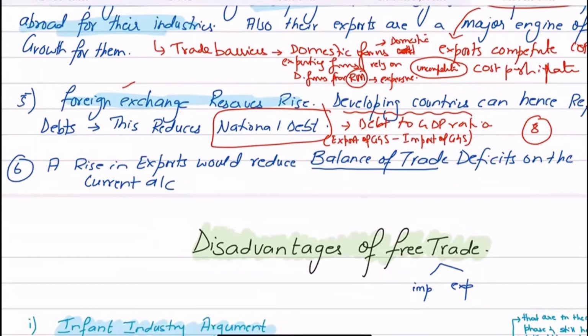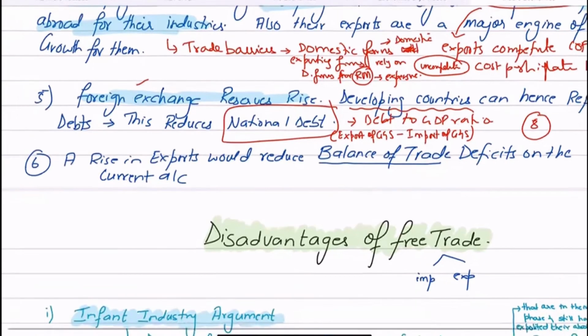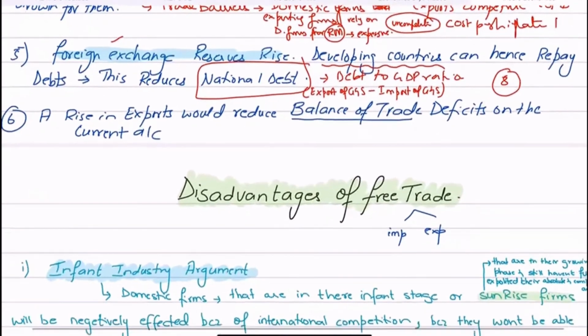There's also another thing that you should know, how to relate your answers, which is to connect your answer with either developing economies or developed economies. So try to see what will be the impact. If you're talking about inflation, see what will be the impact on a developing country as opposed to a developed country. Obviously, developing countries may end up having a much worse impact. Similarly, if you're saying that foreign exchange reserves would rise, you could give reference to developing poor countries, that this will help them repay the debts.